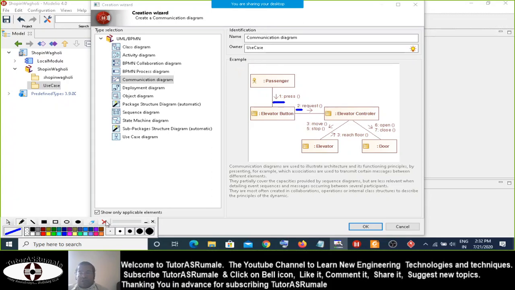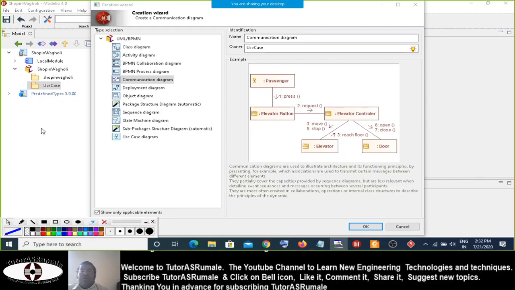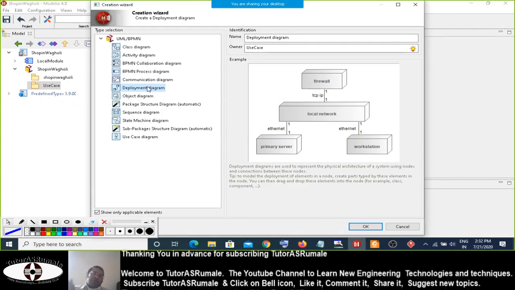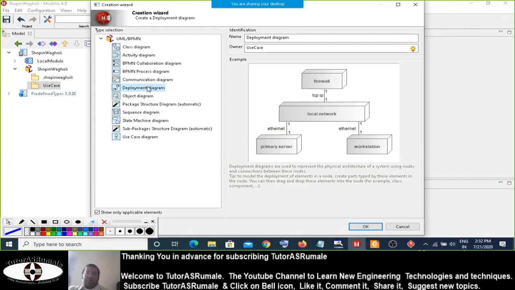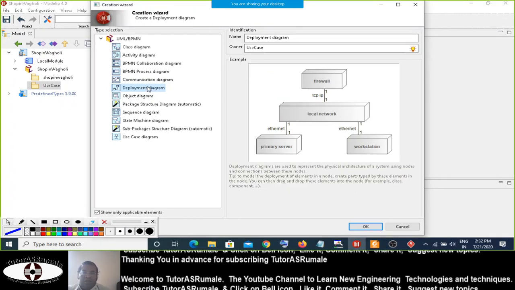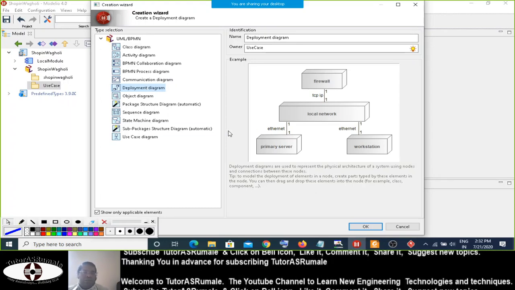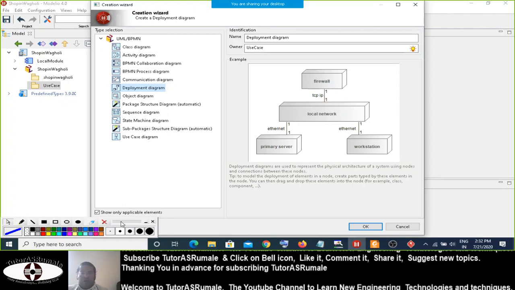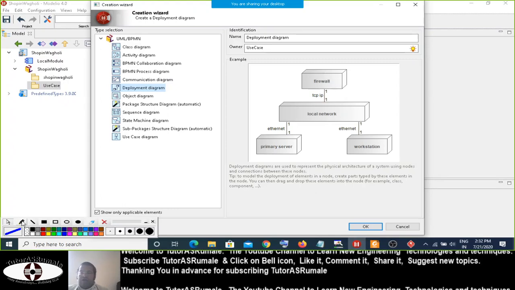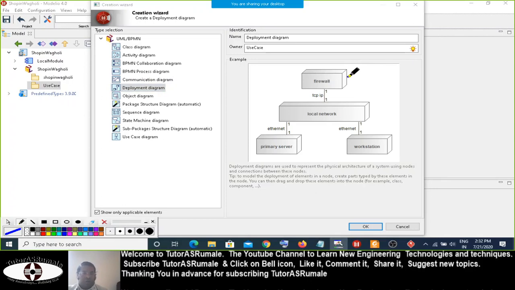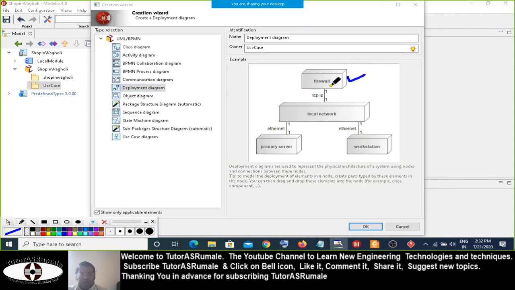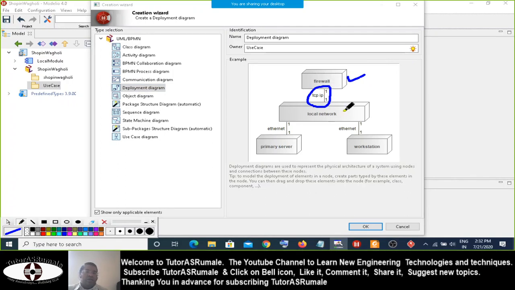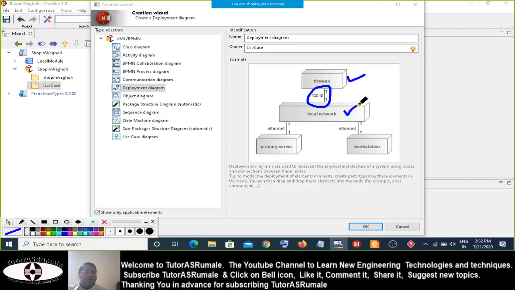After the communication diagram, you are having a deployment diagram. The deployment diagram is the last diagram in UML, but the sequence given in the Modelio wizard is this, so I'm just going by that. Here you put the firewall first for the communication. Then you have the TCP/IP network, using HTTPS, the secure hypertext transfer protocol, and TCP/IP.